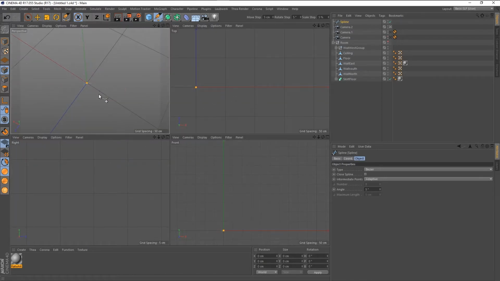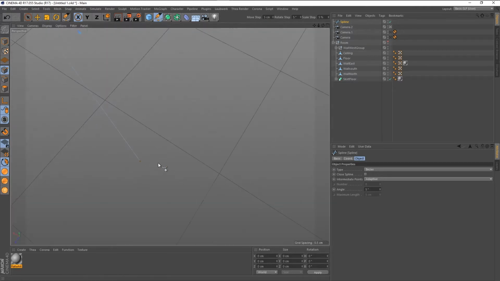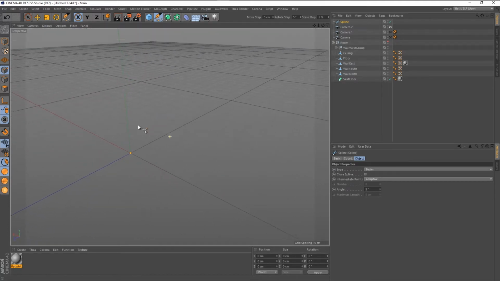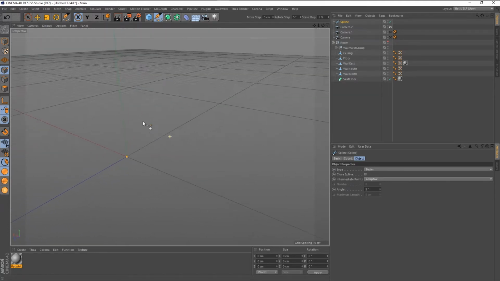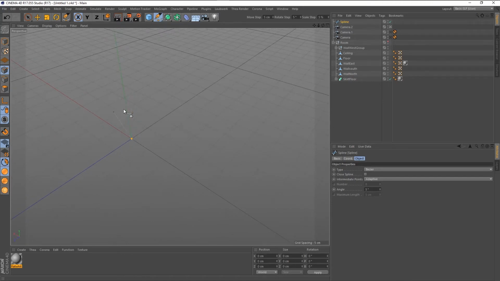I'll never know. But if you want to snap, let's see, I've got it set to 5. Yeah. For some reason, it's weird, but it does sort of work. You gotta be careful because it goes into what I've been calling Z a lot of times, but it's actually the Y axis in Cinema 4D. But you can snap to the grid and like draw